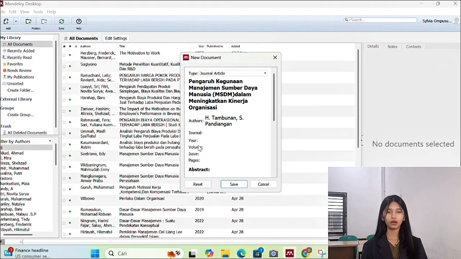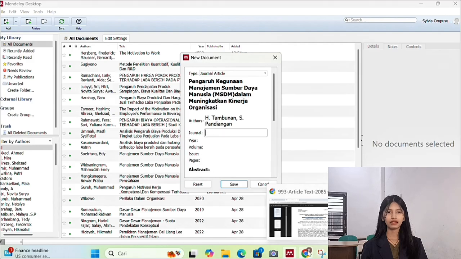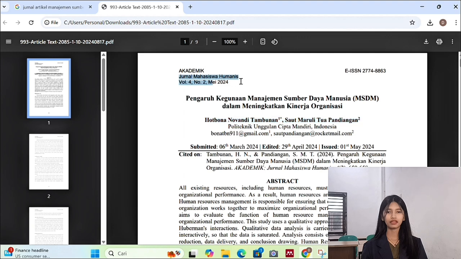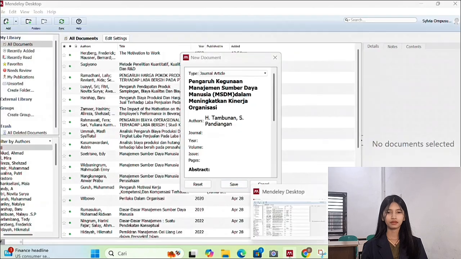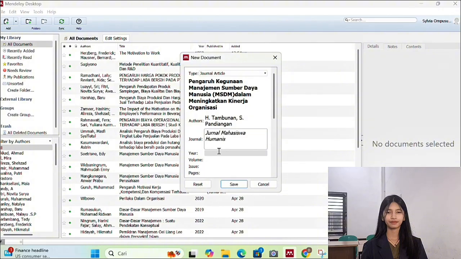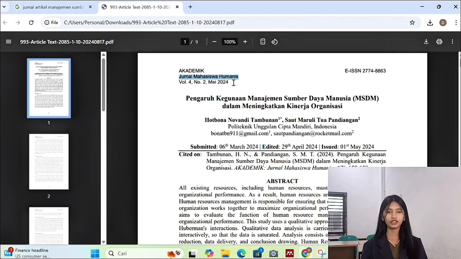The next column is journal. This column is for the type of our journal. For year, volume, and issue, we can find them in the journal and copy paste them.